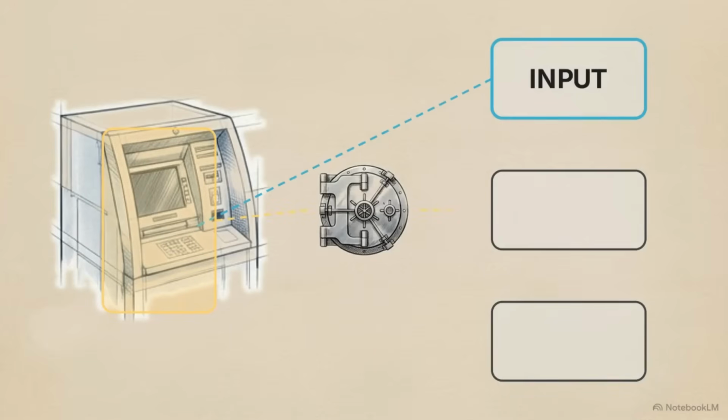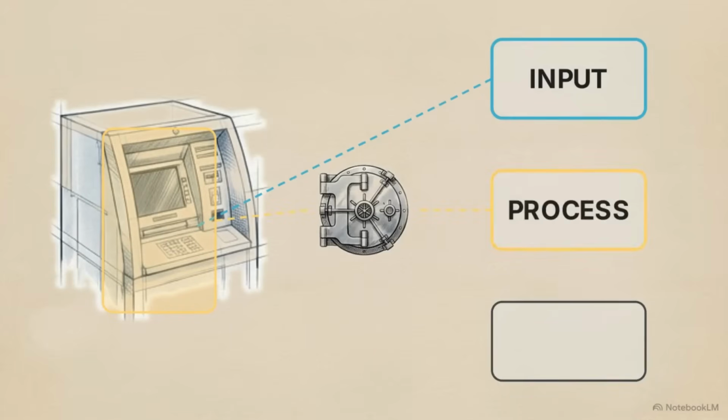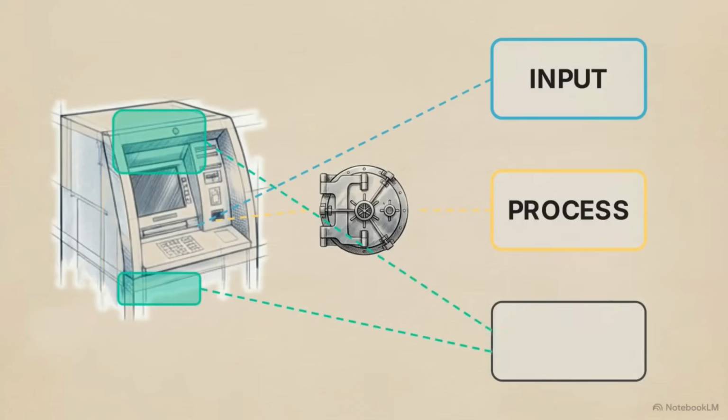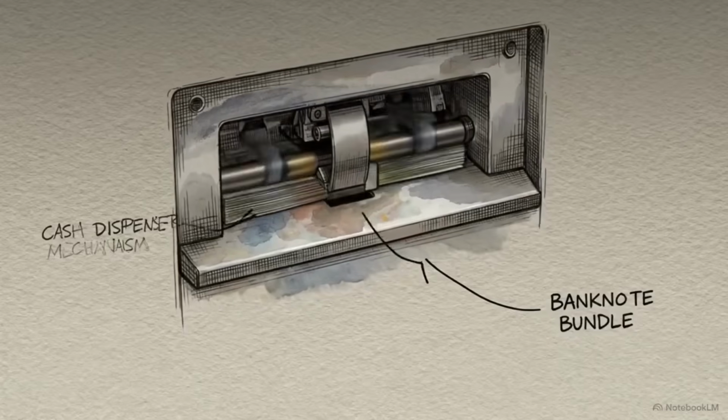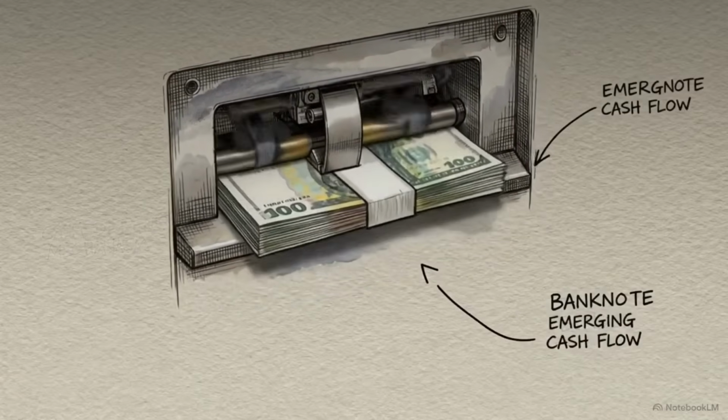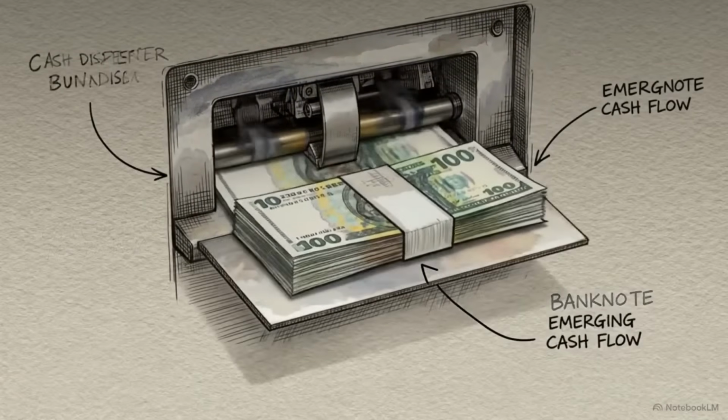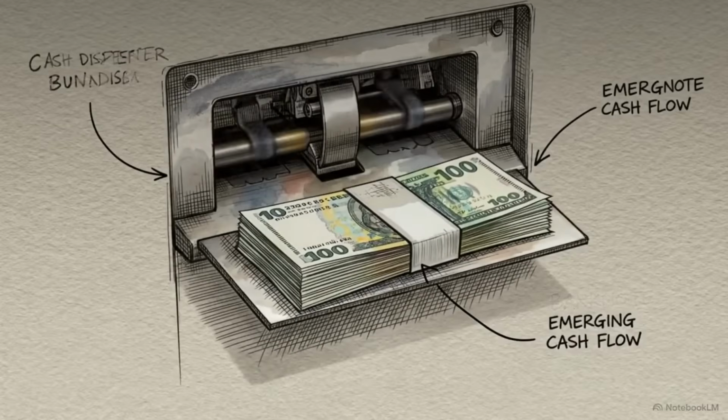The ATM then moves to the process phase. Its internal computer queries the bank's network to confirm your identity and checks your balance to see if you have enough money for the withdrawal. Finally, it executes the output. The screen displays your updated balance, while the mechanical dispenser physically releases the cash. The ATM's complex task of dispensing cash reduces to the same input-process-output cycle used by every other computer,